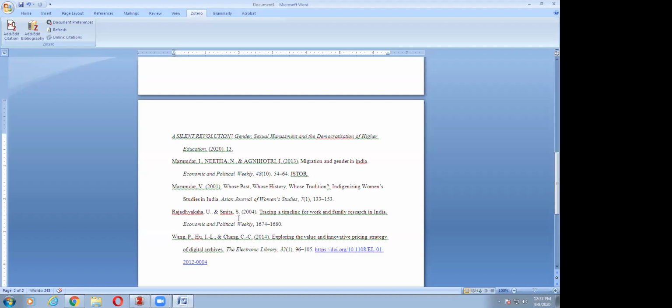Suppose you extract a resource which you are not subscribed to, it will carry only the metadata of that particular resource, but it has an option. Later on, if you get the full text, you can attach it. So in Zotero, you will have references with the full text, which you can view. It is your digital library. It also allows you, while you are writing a paper, to cite these resources and create references. Or if you want to create a bibliography, you can create one from the selected Zotero references. This is what I have covered so far.